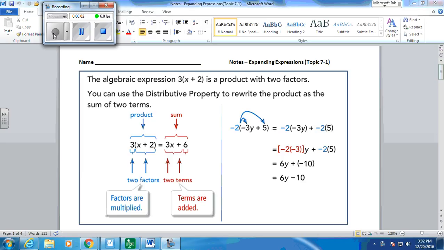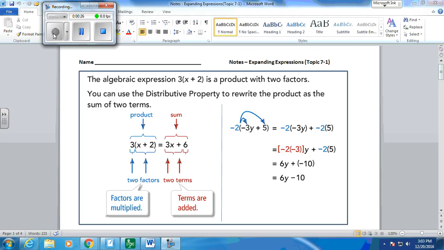Hello, we are doing notes on expanding expressions today, the elusive topic 7-1 that you guys have asked about. This topic, I feel like we have had a pretty good introduction already with the distributive property, so there isn't going to be a lot of new information. Let's just first look at the key concept that says that the algebraic expression 3x times (x plus 2)